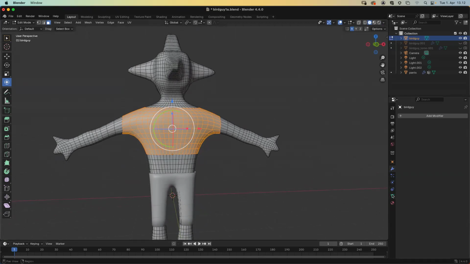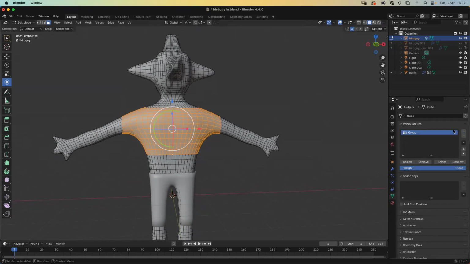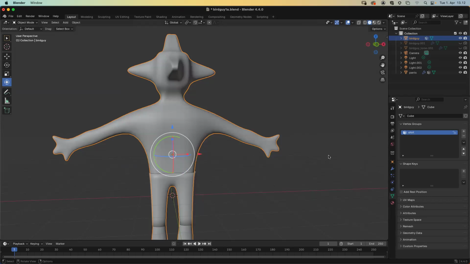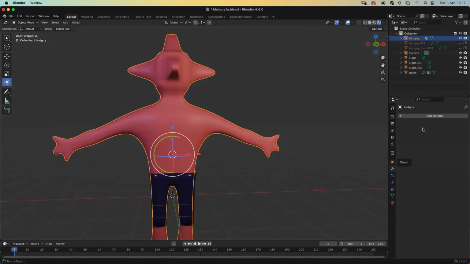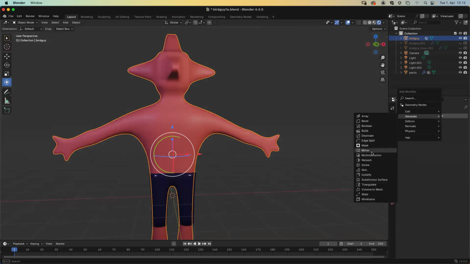So now I need to say that, hey, remember this vertex group. So here I click on plus, add vertex group. Then I need to click here on assign. That's really important. They should make it like a big green button or something, but they haven't. And then I click here and call it shirt. And now when I go back to object mode and nothing is visible here yet, I should be able to go to modifiers and take